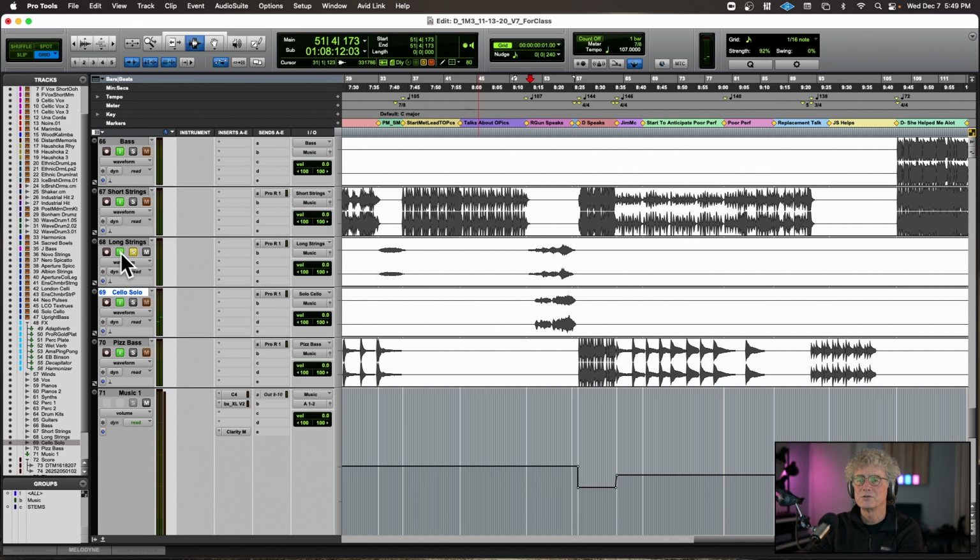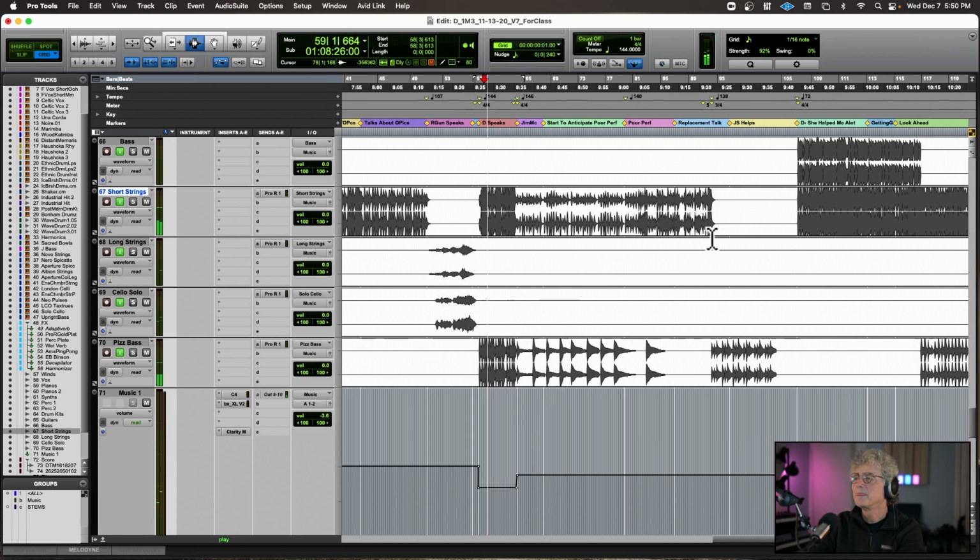And then there's these long strings. Really ethereal. So then now we go into, right.